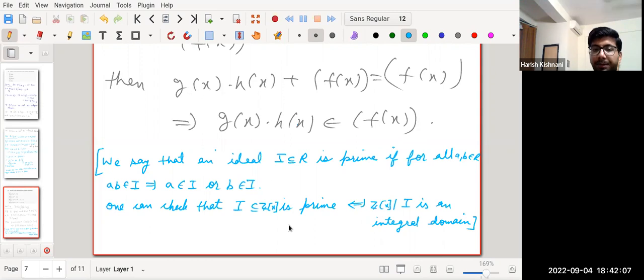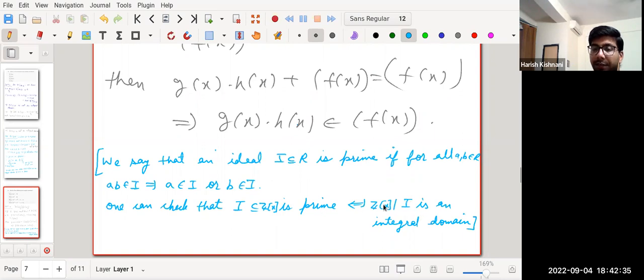Okay, so then you have a statement that any ideal I of ℤ[x] is prime if and only if ℤ[x] modulo I is an integral domain, because ℤ[x] is a special ring, it satisfies certain properties. I'm not listing out those properties. It's a task for you guys: what special properties does this ℤ[x] have, such that